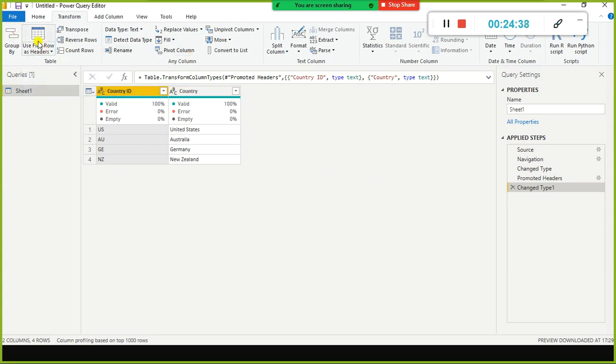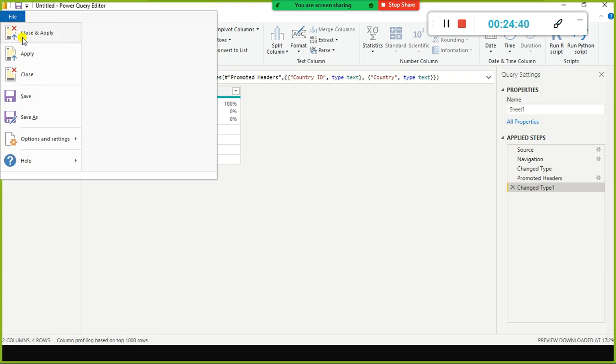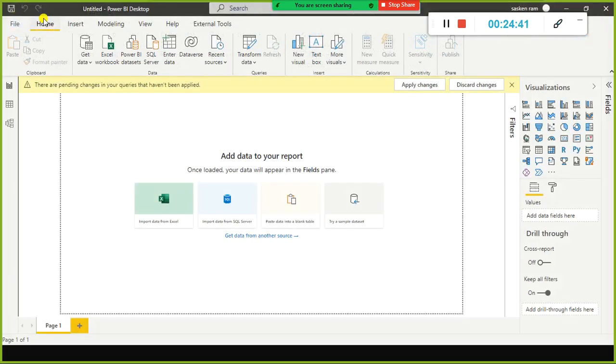And similarly, the next step is I'm going to close and apply this one. I just go to the Home ribbon, and I open Get Data.